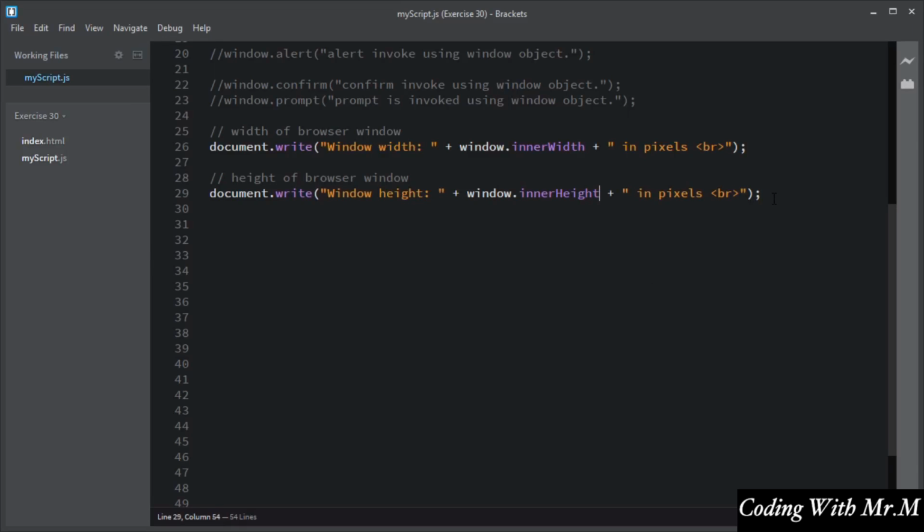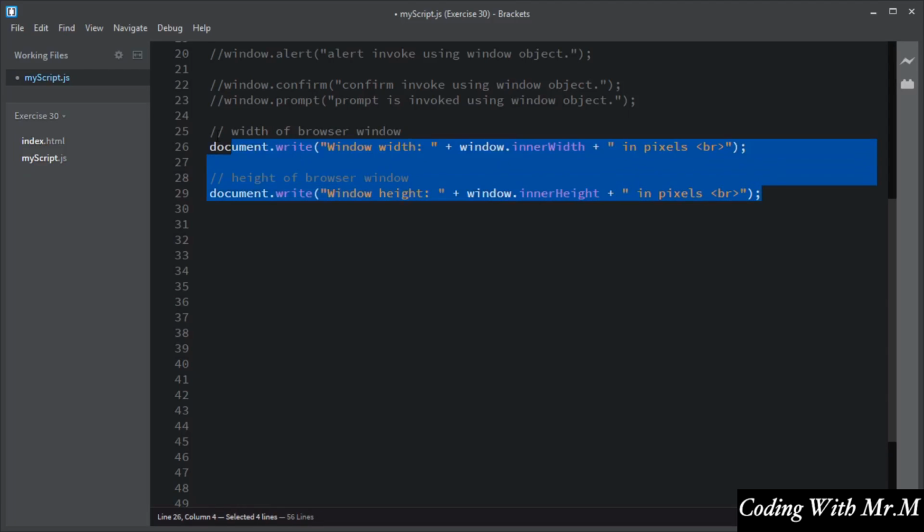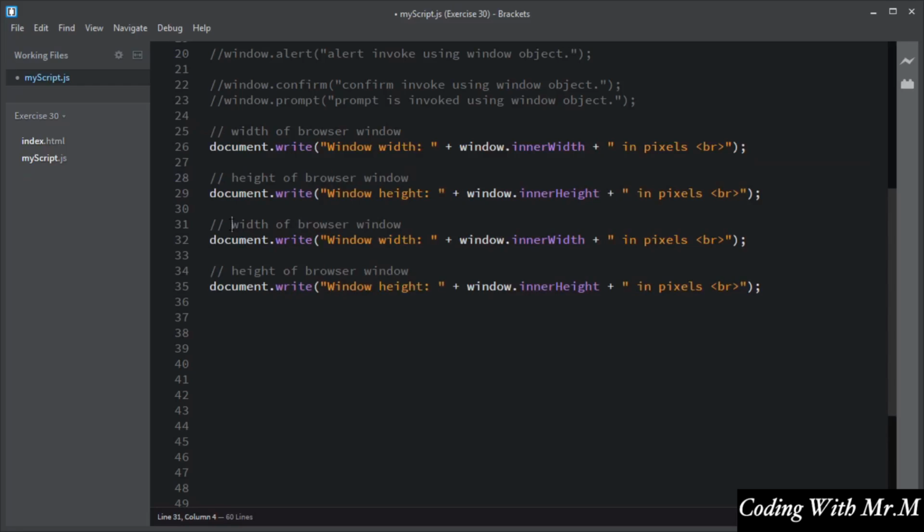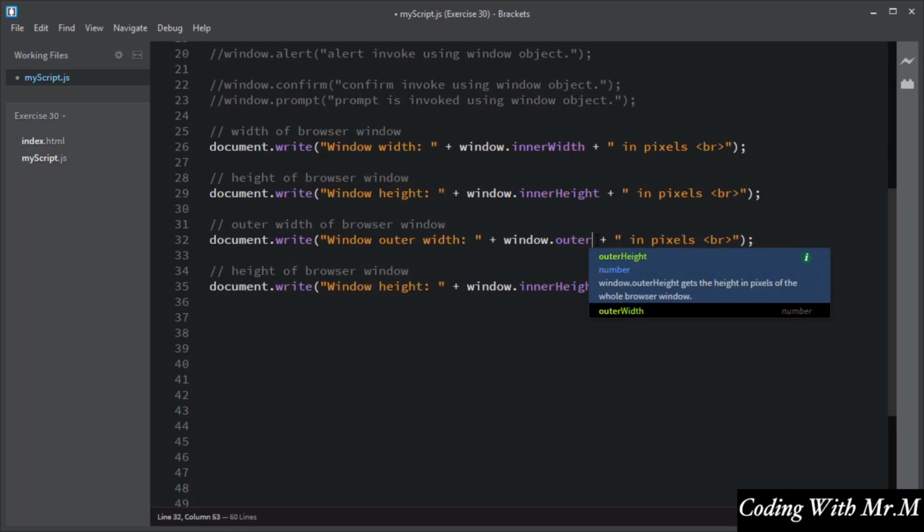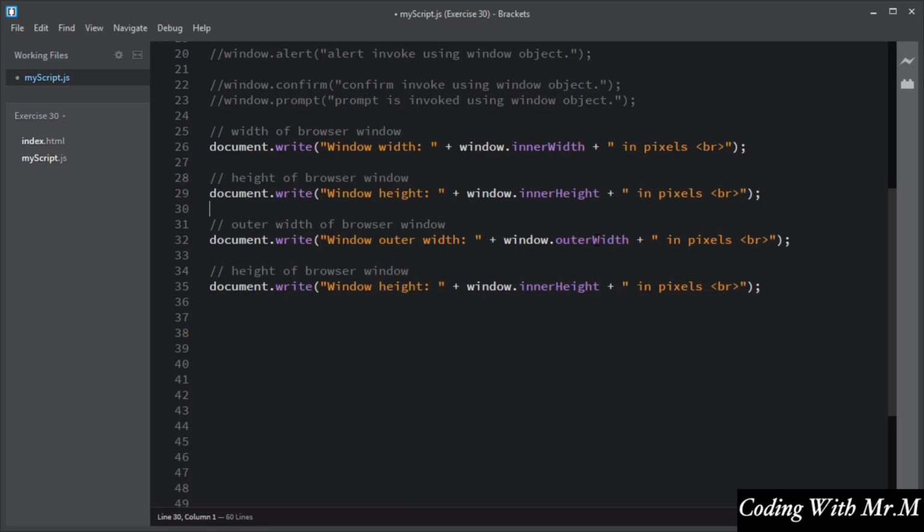If you want to get the exact measurement for width and height, you can use the outerWidth and outerHeight properties. Let me copy these lines. This time I will use outerWidth. To get the outer width, which includes the scroll bar and toolbars, you use the window.outerWidth property, and this includes the scroll bar and toolbars,